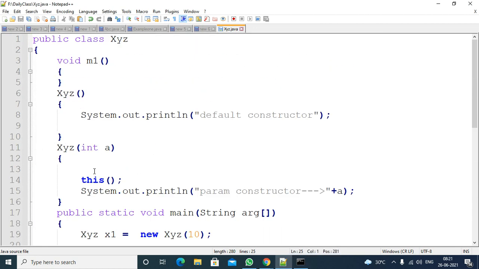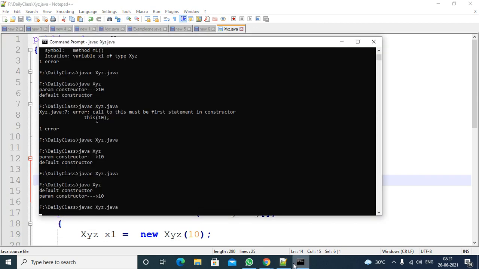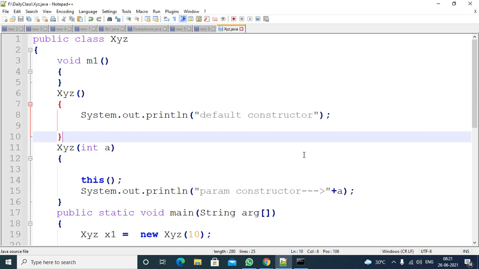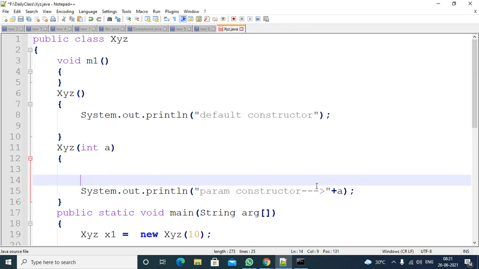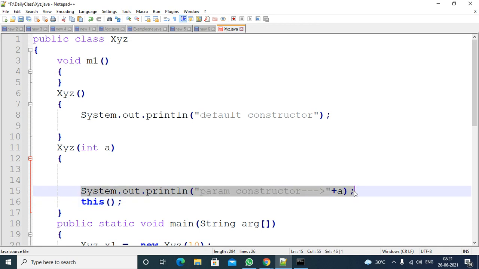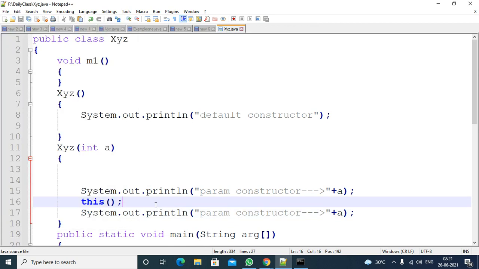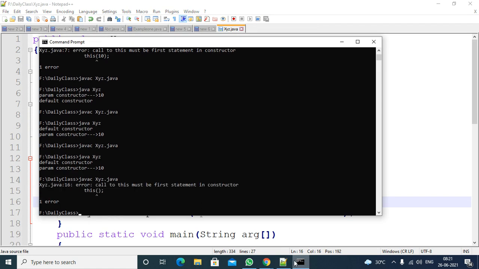Okay sir, compile the code, execute the... sorry, I didn't change it. Saved it. Yeah, it is in the first line itself. Right, since it is in the first line, you are not getting any error. Compile it, execute it, you are not getting an error. Suppose you are trying to change this location to somewhere else, not in the last line, maybe in the second line also. Right? This is also invalid. Okay, you are keeping that in the middle, so you will get a compile time error: call to this, that means constructor must be the first statement inside the constructor.